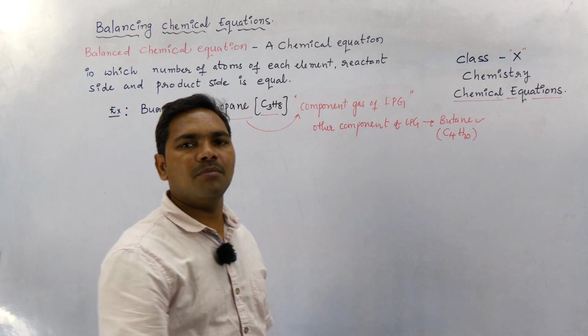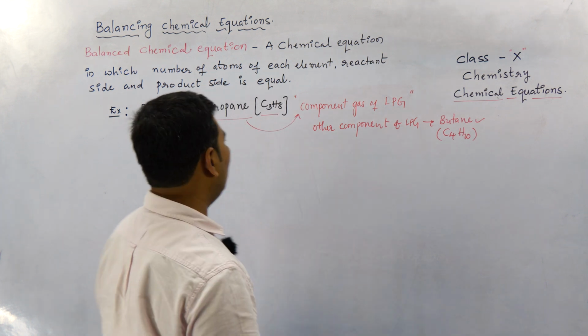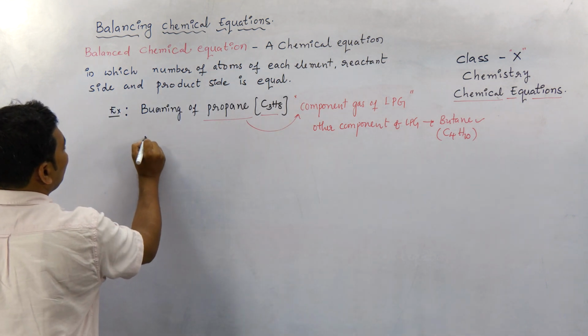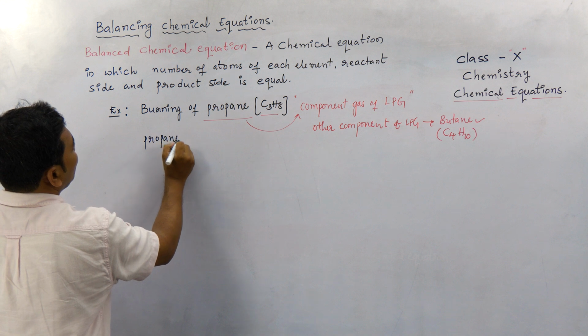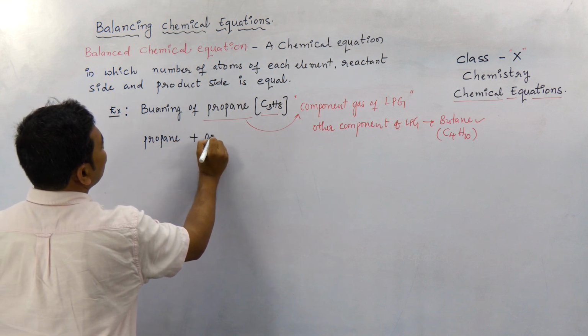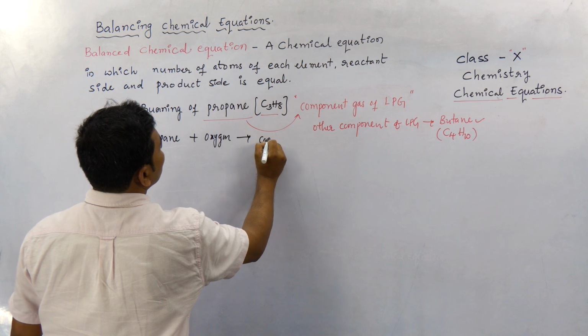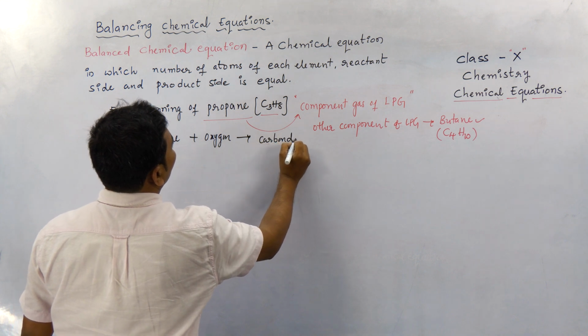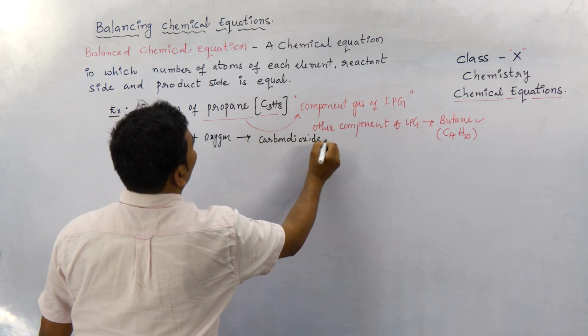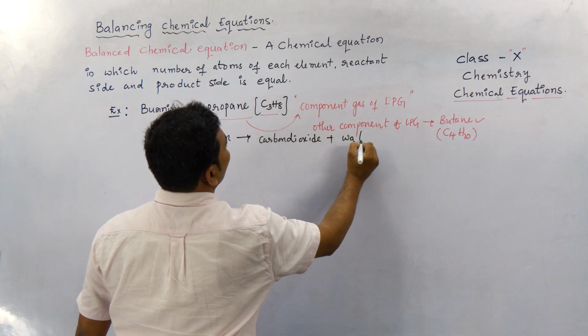So when propane burns, what happens, right? Let's write propane. On burning, it combines with oxygen and produces carbon dioxide and water vapor,